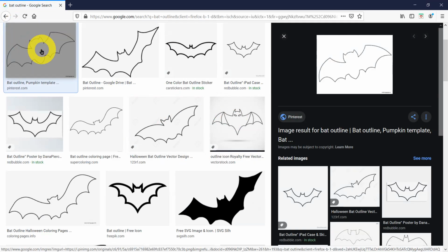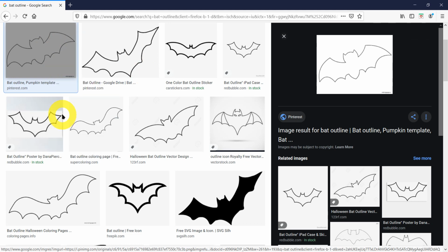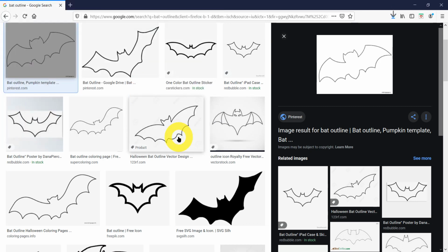All right, let's right click on it with it selected, save the image as, and find a place to save it. Let's just leave it on our desktop, and I'm going to call it BAT, B-A-T, and click save. Great, now I've got a bat. So let's go back to our software,